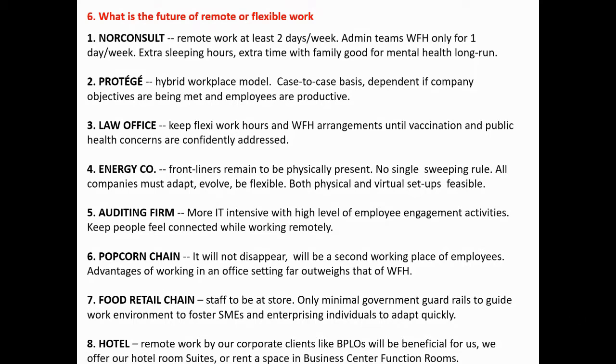Yes, frontliners, auditing firm, more intensive. Yes. They say that there should only be minimal government guardrails to guide the work environment, to foster SMEs and enterprising individuals to adapt quickly. And the last,